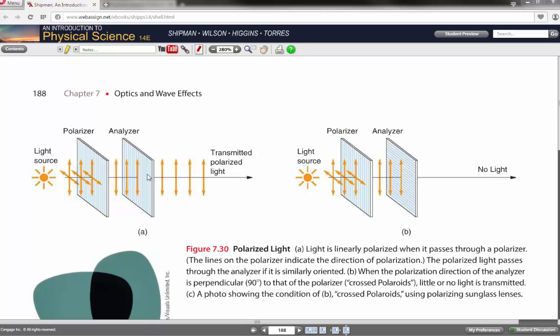The analyzer is basically a second polarizer that you can rotate to either match or be, in this case, perpendicular to the direction of the polarization. And what happens is that it will transmit all the light that's polarized in the same direction as it is in. This is maybe a little bit tricky to understand what's going on if you're physical science and you don't really know much about vectors, anything like that. Basically, what it means is that